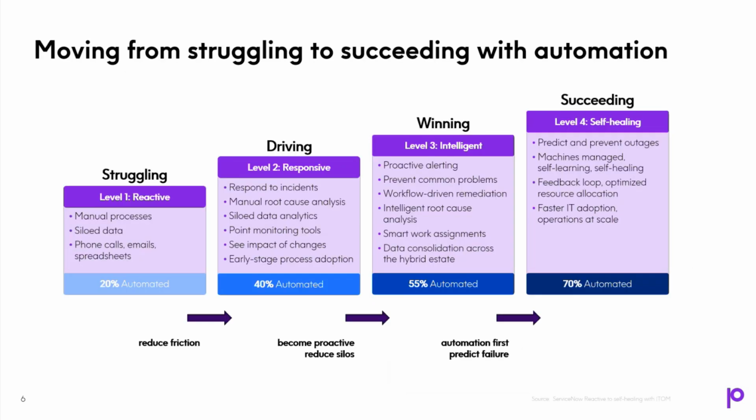And this delay is only made worse when AI gets involved. So today, a lot of organizations don't really have their data AI ready, and they're really struggling to get there. Those at the beginning of their AI journey have very little automation and are often bogged down by things like manual processes, siloed data, and disparate tools. And ultimately, data that lives in sources that just don't feed into each other, things like phone call logs, emails,